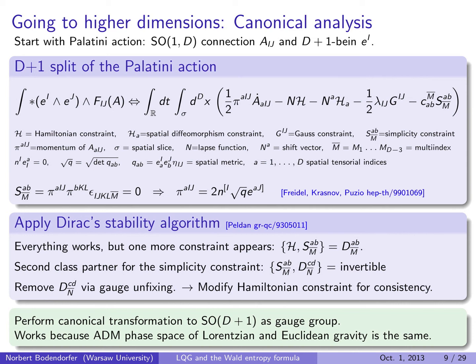Now, as I told you, we still have this problem that the gauge group is non-compact with these variables. However, we can fix this problem by a canonical transformation to an SO(D+1) connection. That can be done explicitly. If you want to know in short why it works, you can think about reducing this theory to the ADM phase space, so you would relate this connection to a spatial D metric. However, if you do that for Lorentzian and Euclidean theory, the ADM phase space is the same. So it's always in terms of a spatial D metric and its momentum, and there you can also guess that a canonical transformation to SO(D+1) connection variables should exist. Okay,